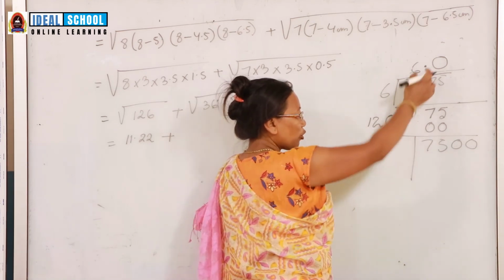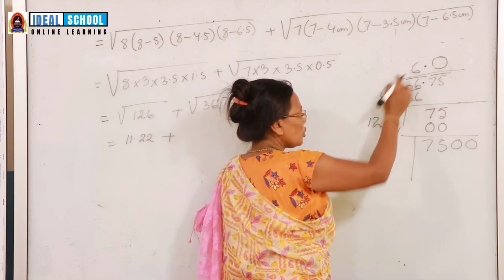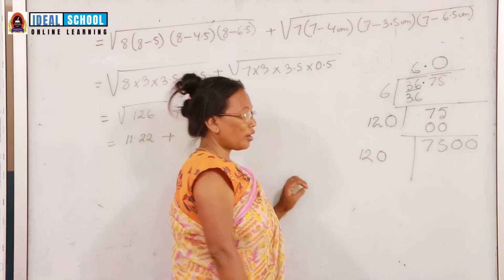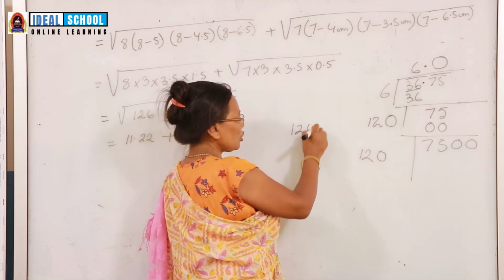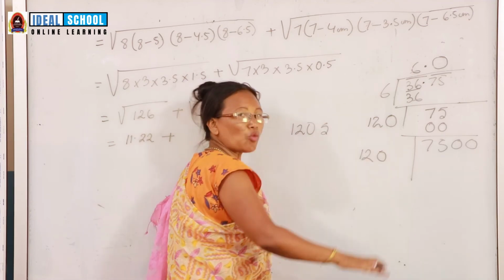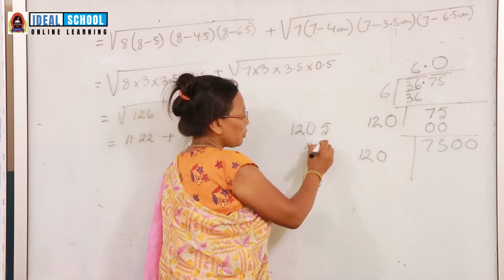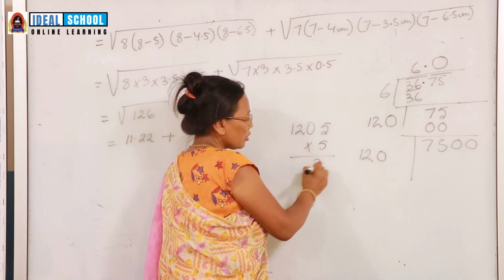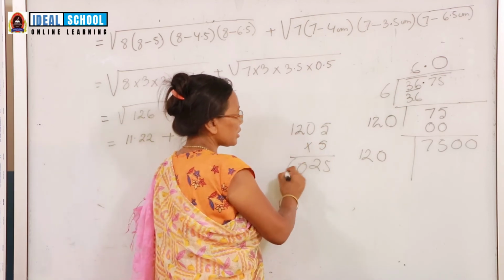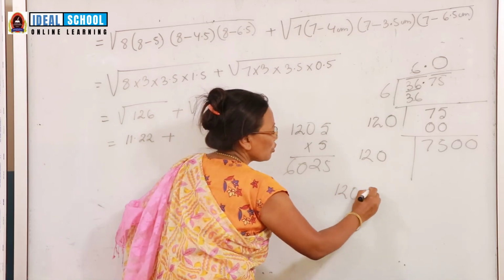Next we are going to take another double 0 again. Then after that we multiply by 2 here. 2 0 0. 2 6s are 12. Now we are going to search for the number here. Now let's search 1 2 0. Let's write 5. If we start directly from 1, it will be very small. That's why let's start directly from 5. Let's see. We need to multiply by 5. 5 5s are 25, 5 2s are 10, 5 1 is 5, 6. Still small. That's why 1 2 0 6.